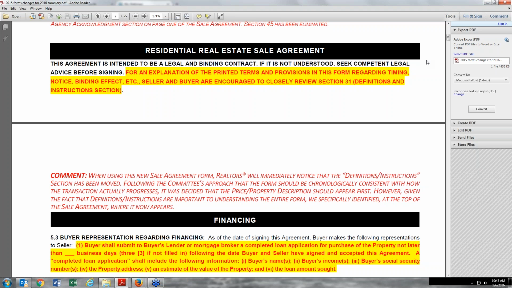And so in an effort to at least alert people to that, you can see at the bottom of the first page, below the text residential real estate sale agreement, there is a statement for an explanation of the printed terms and provisions of this form regarding timing, notice, binding effect, etc. Seller and buyer are encouraged to closely review section 31, definitions and instructions. So at least we are alerting people at the front end that if they want to know about the definitions and instructions first, then go to section 31. Okay? So with that, I'm looking at the next page here,